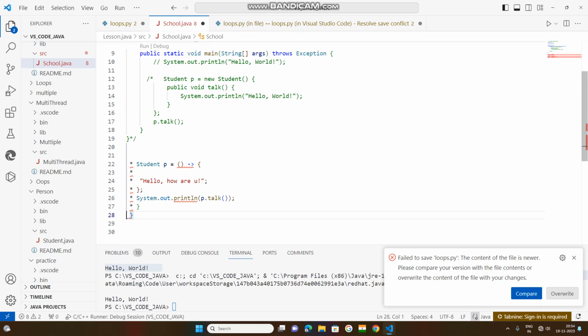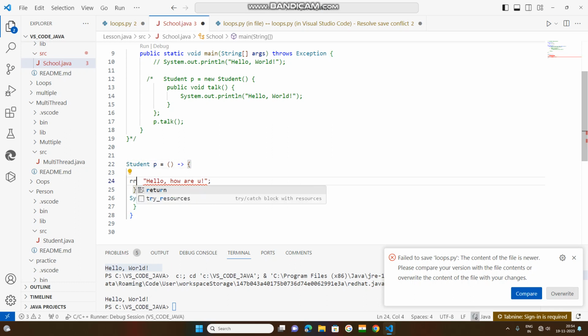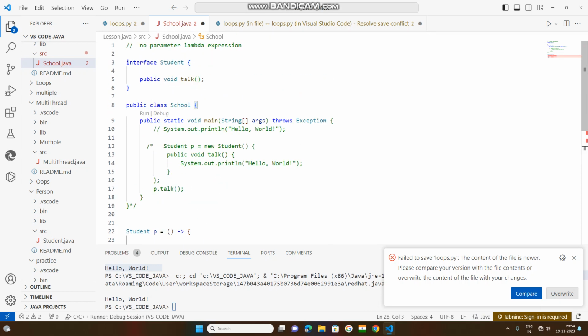This is the simplified code. If it is giving an error, keep it as return. Return means it is to be kept as string,